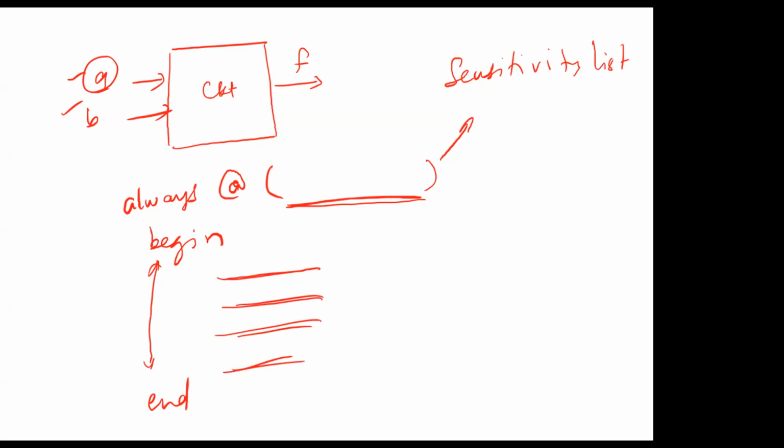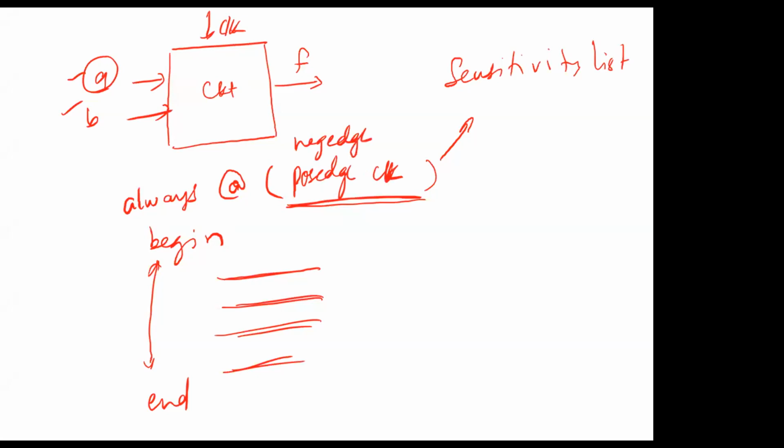And instead of just having A, you can have something like A and B, where irrespective of which one changes, if there is a change in either of them, then the block is triggered. You can have logical statements inside it. You can have edge conditions inside it. For example, if this is a circuit that uses a clock, CLK, you can have statements like always at positive edge clock, or always at negative edge clock.